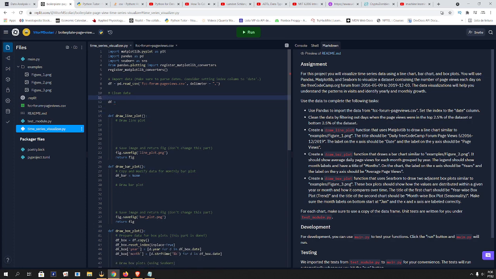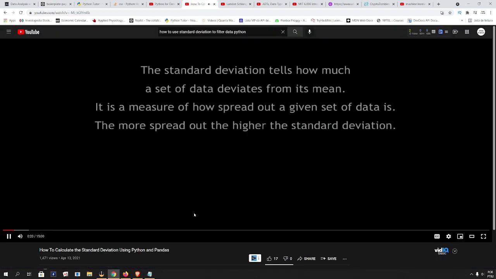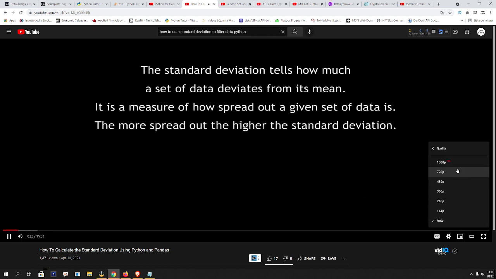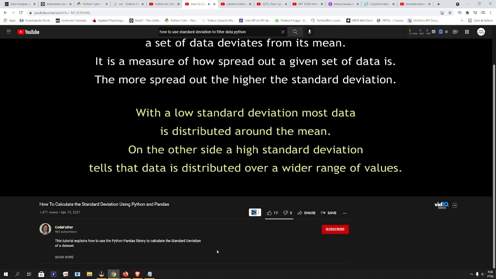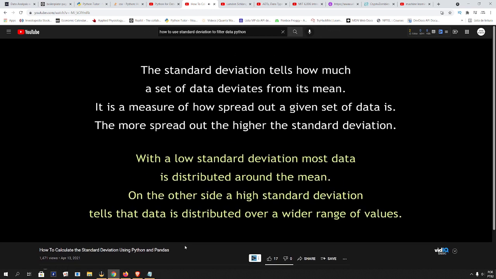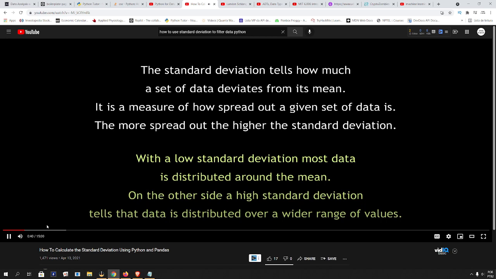The standard deviation tells how much a set of data deviates from its mean. It is a measure of how spread out a given set of data is. The more spread out, the higher the standard deviation. With a low standard deviation, most data is distributed around the mean. On the other side, a high standard deviation tells that data is distributed